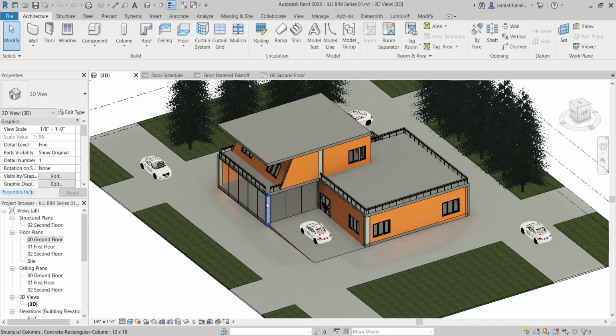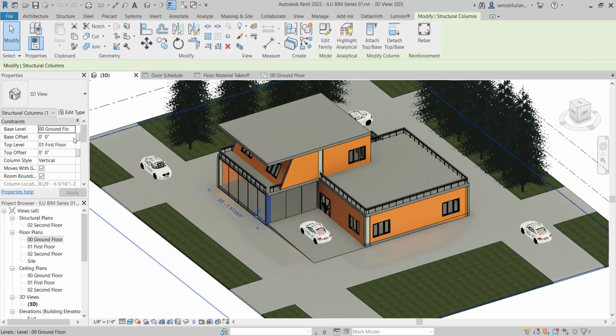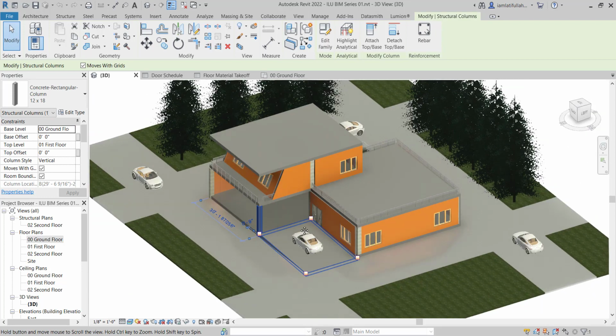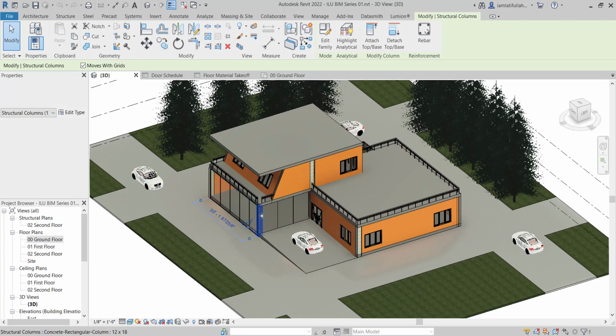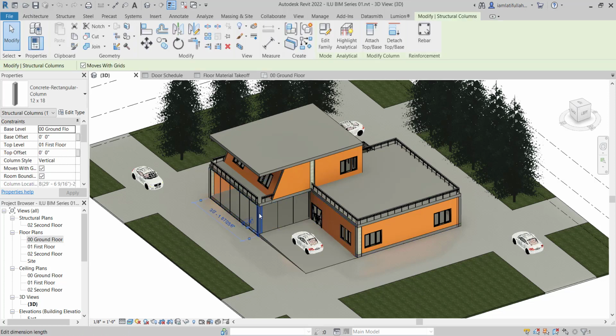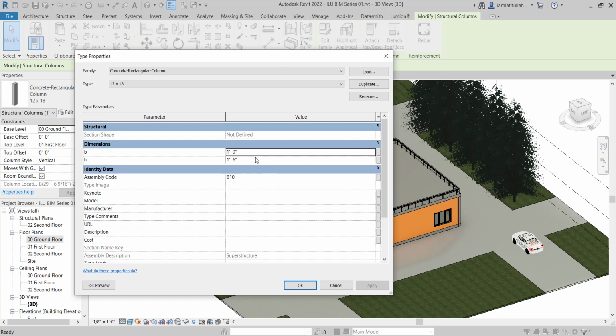One was instance properties. For example, if I click on this column and change any properties in this window, in the properties here, it will only affect this column, the selected column. But if you want to change all the columns of the similar family in this model, you have to select this column, then go to the type properties. When you go to the type properties and do any kind of change here, suppose if I want to change this from 1 feet 6 inches to 1 feet 6 cross 1 feet 6, okay, if I click OK,